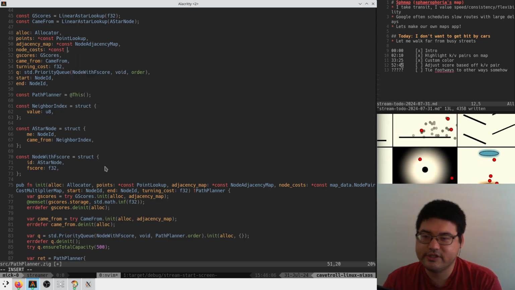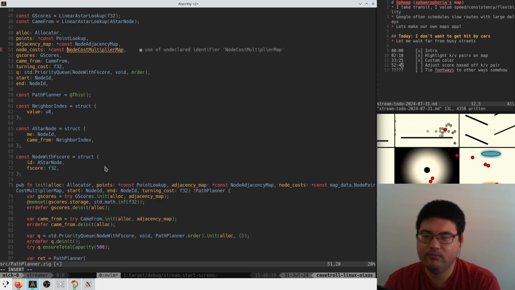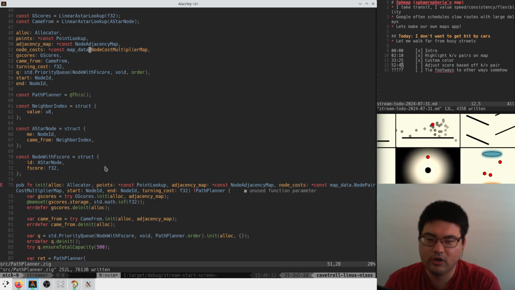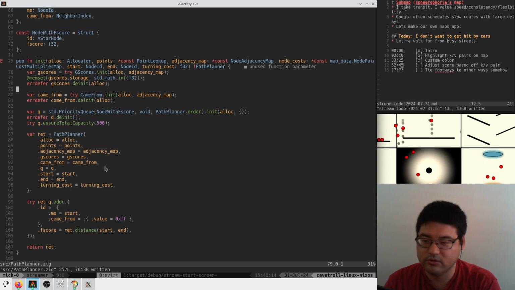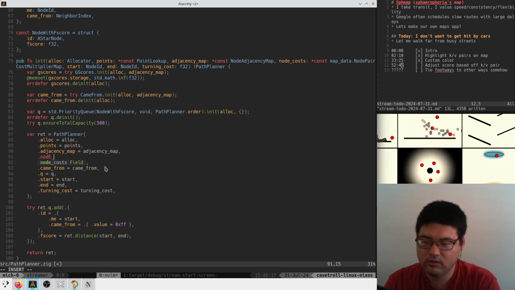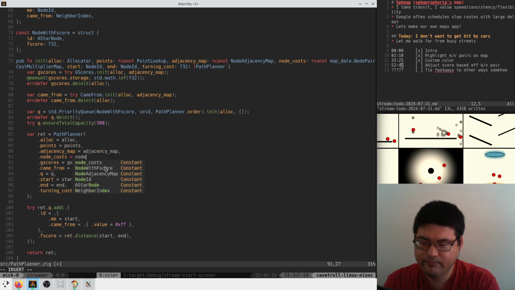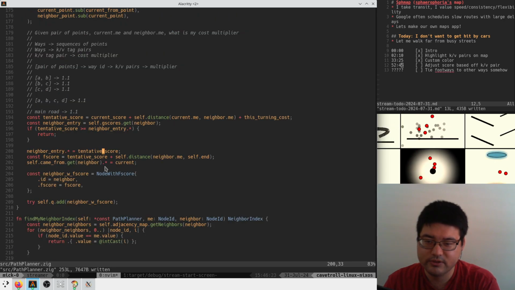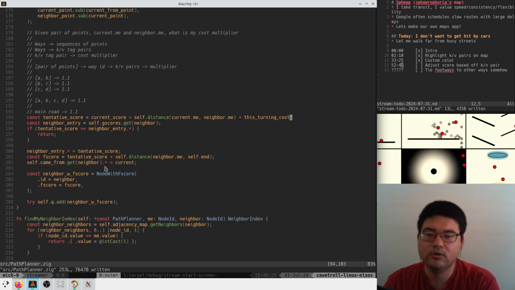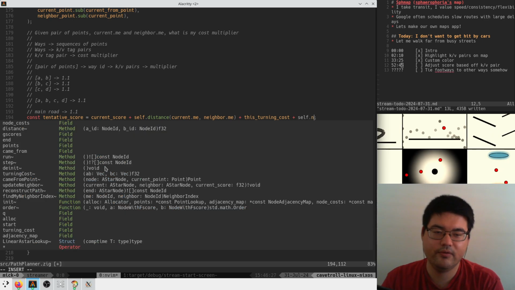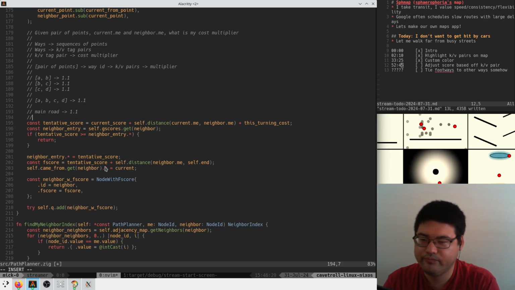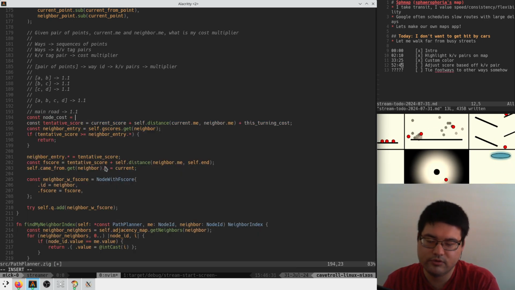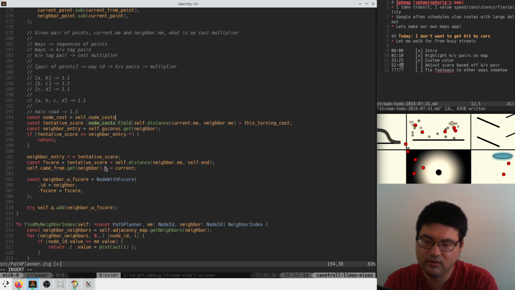Node cost multiplier map. So then we just store that here. And then when we calculate our scores, we add self node costs get,